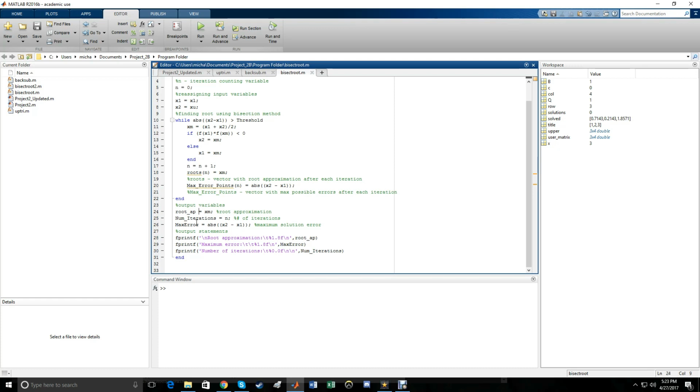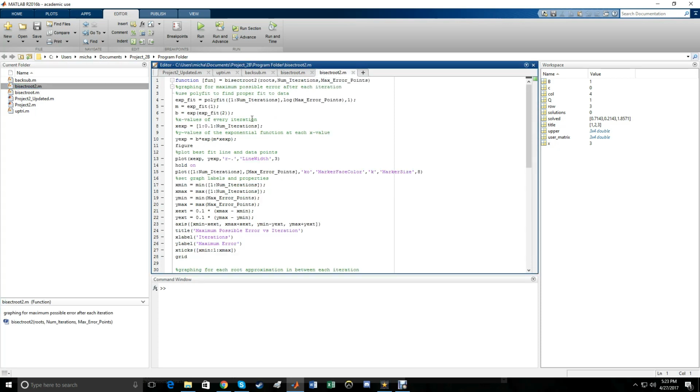So once we have that, we take our root approximation as xm, the final value after all of the iterations. We store our number of iterations in num iterations, and our maximum error is equal to the absolute value of our final x2 minus our final x1. After we have those numbers, we display them to the user, and that just about sums up the calculation part of our coding. The last thing that we have to take a look at here is bisect root 2,